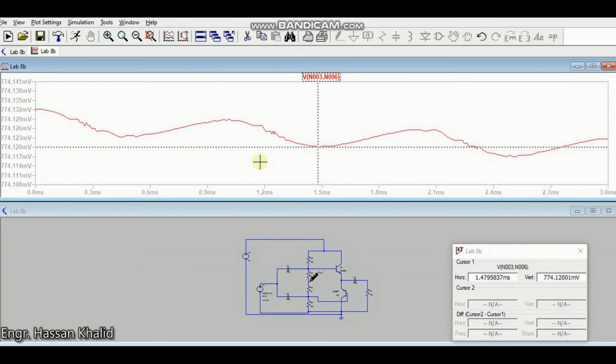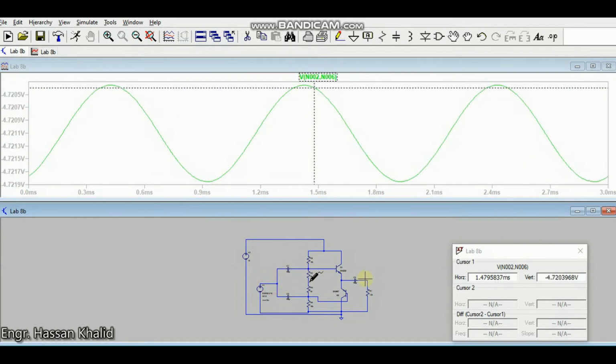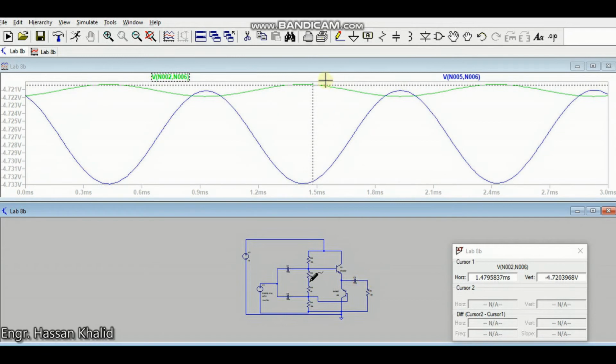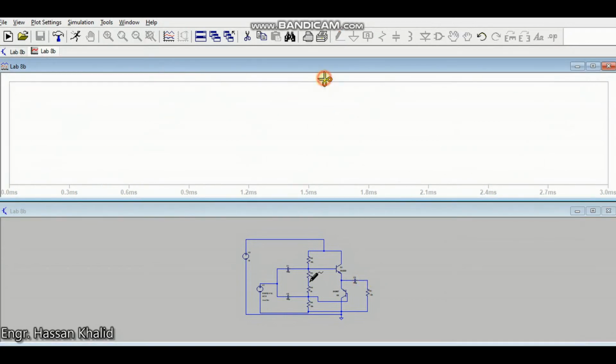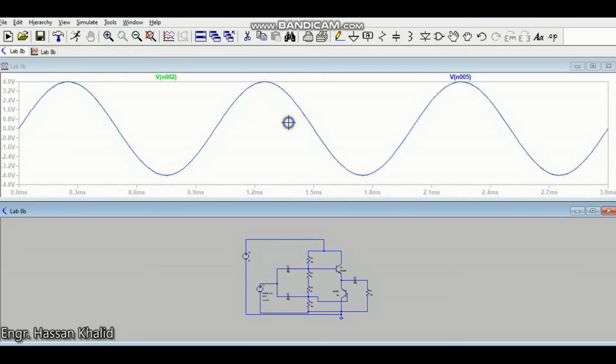Now you can easily visualize that in the output there will be no such form of the crossover distortion. This is the input. The output must exactly be